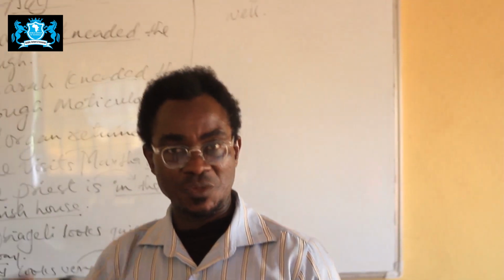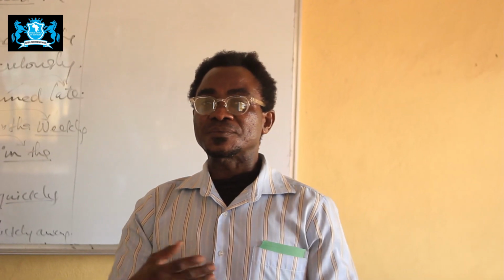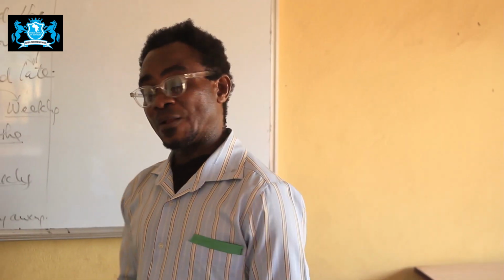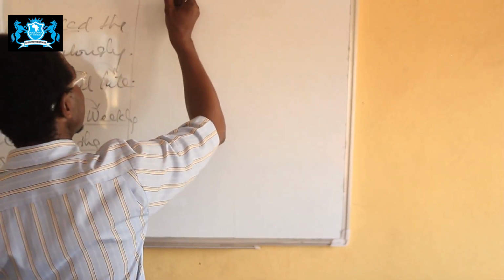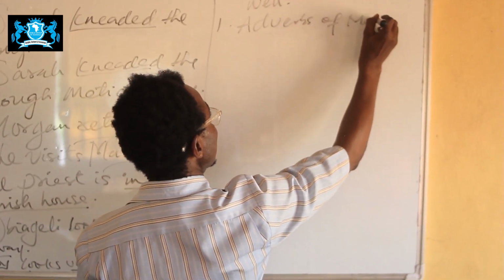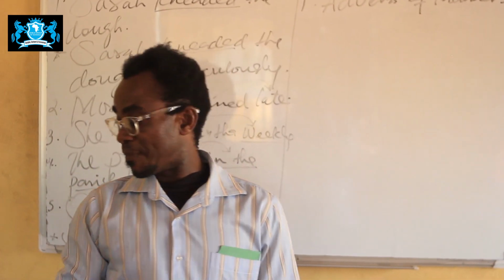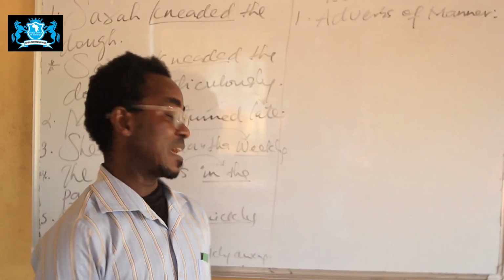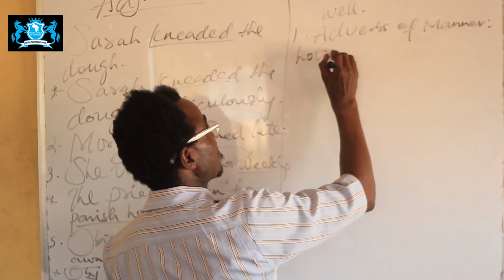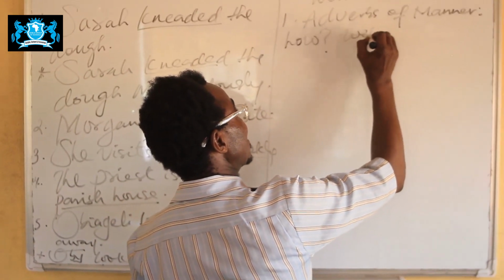Before we close our discussion on adverbs, we need to take a look at the different kinds of adverbs that we'll be talking about in greater detail in our next class. I've already said that there are adverbs of manner which modify a verb in order to talk about how the action of the verb was performed. The adverb of manner answers the question how. How was it done? For instance, it was done well,